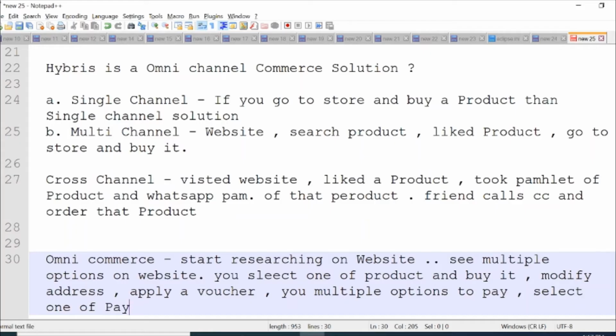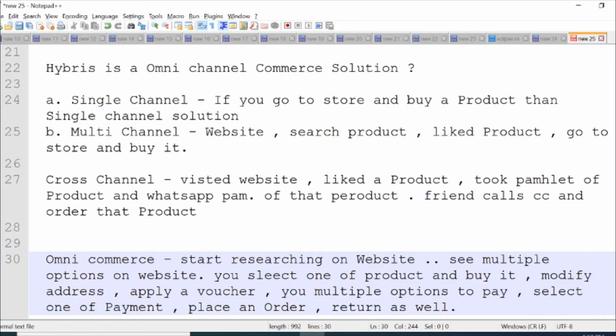I think all of you have seen an e-commerce website like Amazon or Flipkart. So you are all aware of how we do shopping on an e-commerce website. Firstly we select a product, and then we add that product into the cart, and then we go to checkout, we fill in our address, and after that we go to the payment section, we select one of the payment options, and then we place an order. We do have an option to return as well.